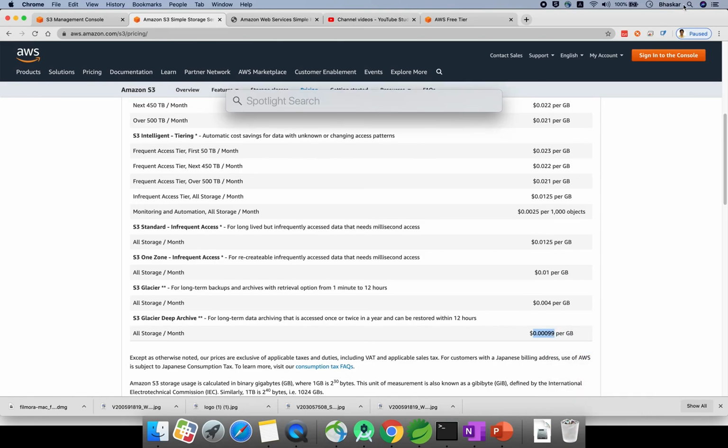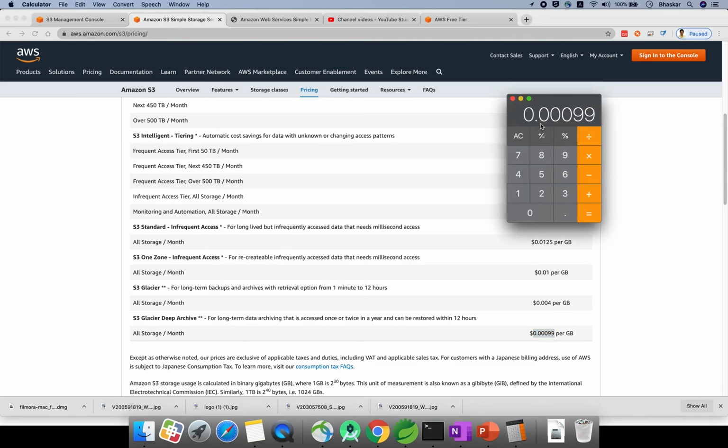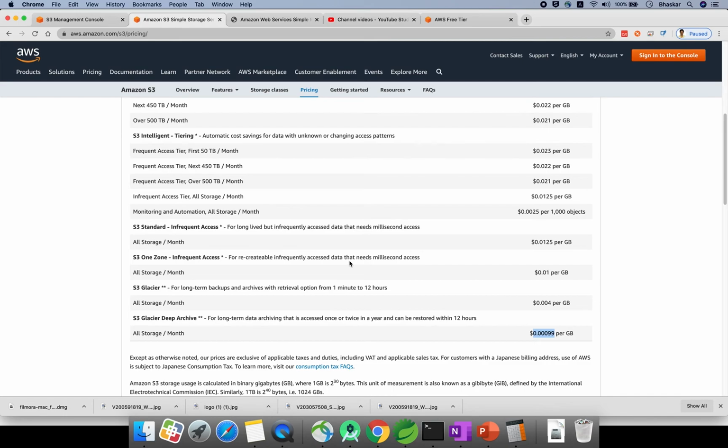If you check in the calculator how much, I'm just giving some 75 rupees per dollar. See, around 0.07 they will price per month, they will charge this much for the data. This is called S3 pricing. So these are the concepts of S3. We will see in the next section, we have still a few more concepts, like what is a bucket policy and what is an access control list. We will see that in the next section.